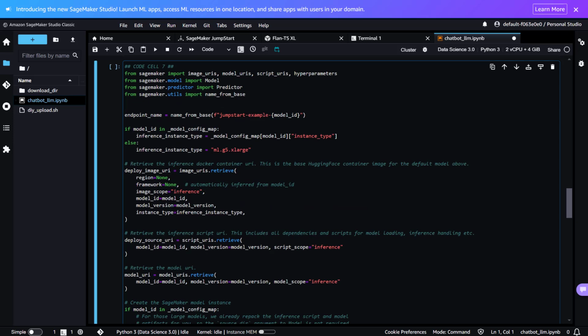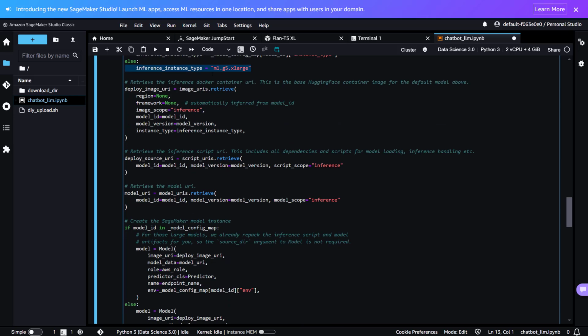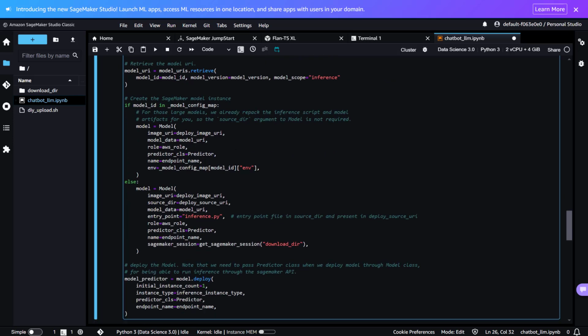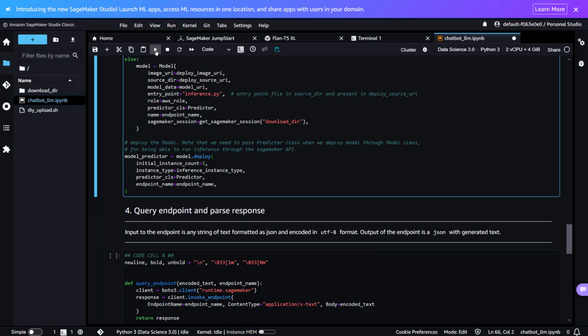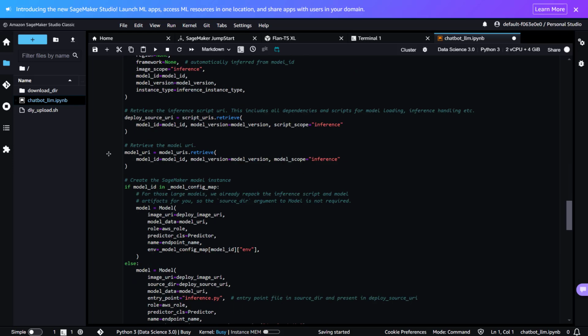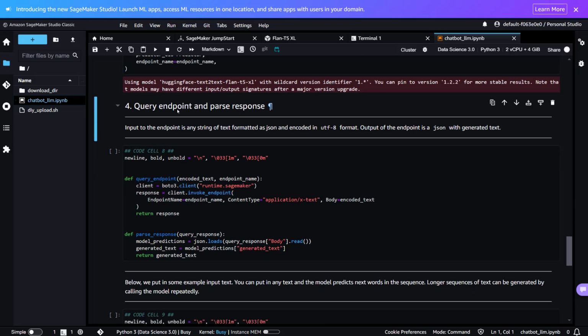And here we are actually choosing the inference instance type when we deploy it. And then we have seen this in the previous one, image URIs. We are getting the image URI, then the model URI, script URI, and once we get all of them, then we are going to build the model, then we will deploy the model. So this will take some time, so let me run it. It will be running in the background. Input to the endpoint, once that is done, we are not training it. Listen to me. Okay, we are using the pre-trained model.